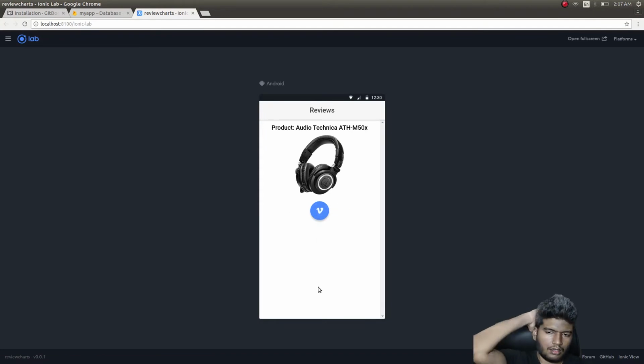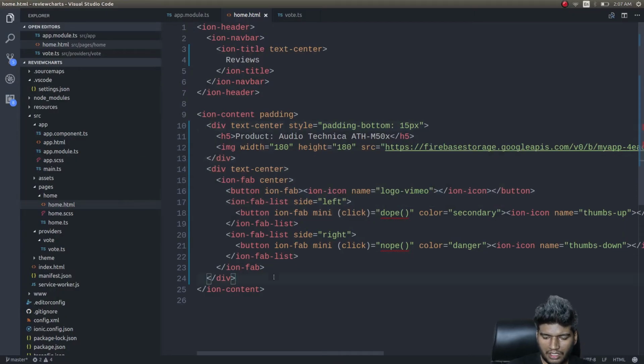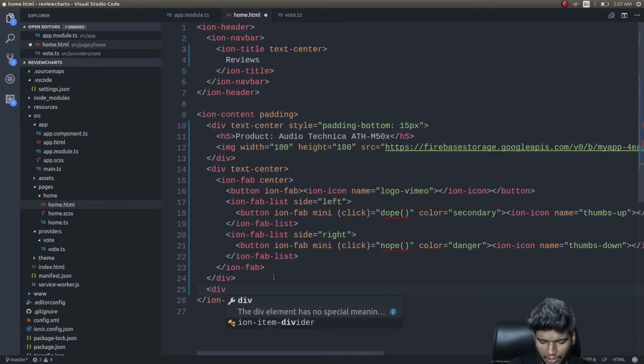Okay, now we'll simply be able to give votes. This vote should be stored in Firestore, and then we should pull back those votes and then display them in a beautiful chart, right? A pie chart. We'll do a pie chart. Okay, so to bring in a chart, the simplest way would be to